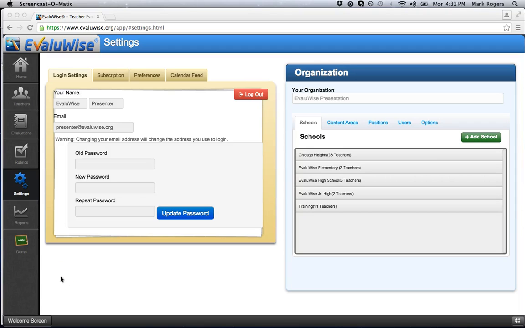In this video, I'm going to show you how to work with groups, a new feature in Evaluwise 1.4.0. So you want to go to the Settings tab on the left and then click on a school in your list of schools. Now if you already have groups set up as schools, you may want to just leave that the way it is. You don't have to add groups, but if you do want to, you click on the